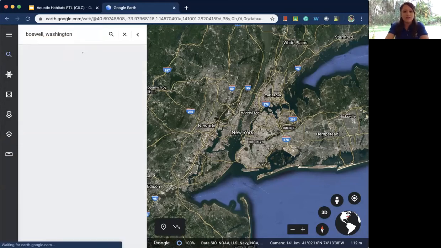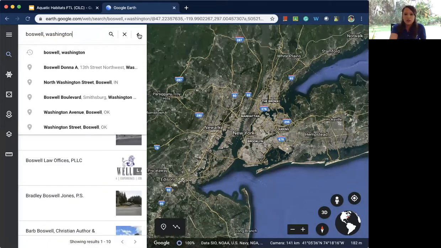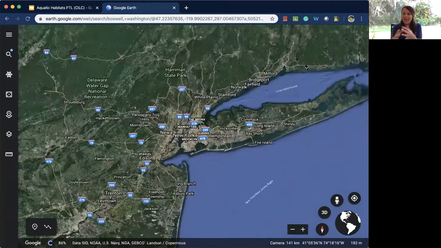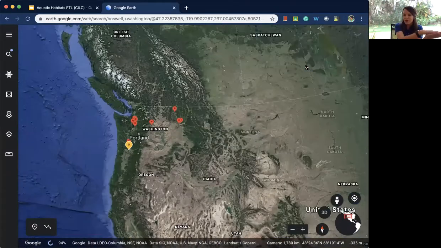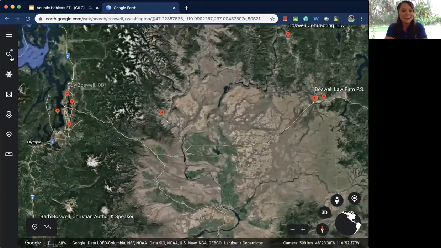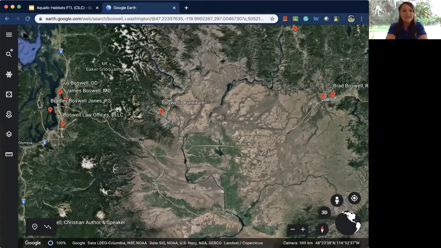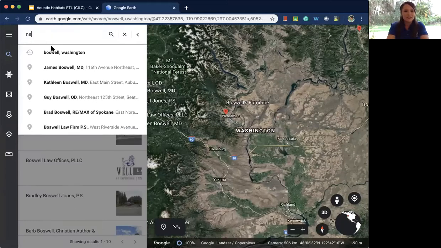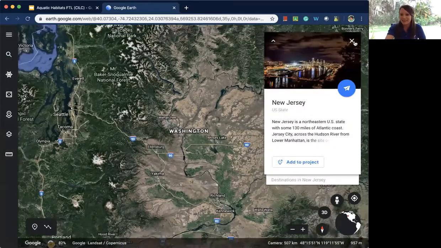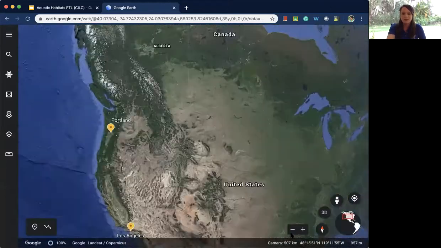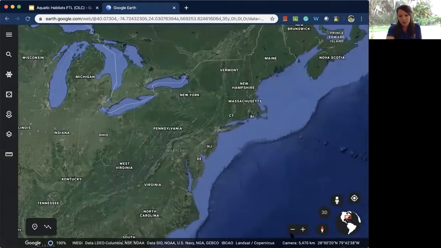And I really do love Google Earth just because you can go and explore all these crazy places and you can see how connected we really are. So we're going all the way back over here, and then we will go back to the East Coast for another student that I have in New Jersey. So let's check it out here, back across the United States. Thank you all for participating.